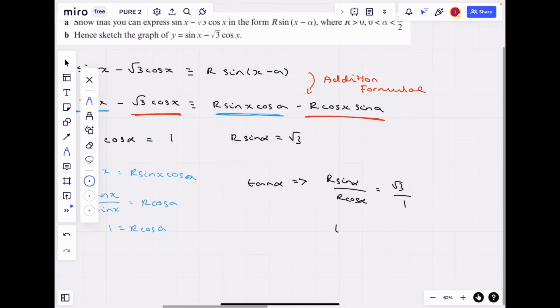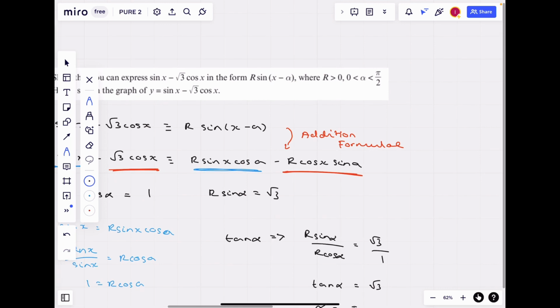The r's cancel out, you end up with tan alpha equals root 3. Okay? Right, so alpha equals pi over 3 in radians, because the question here says alpha is in radians, and